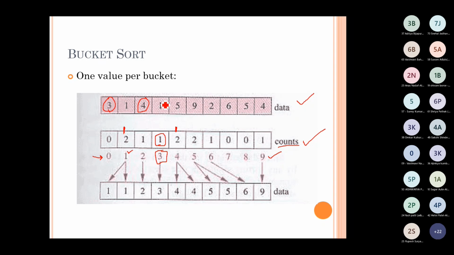Okay, then next element is read, that is 1. Its value is 1. That's why it has to be placed in bucket number 1. So पहले जो bucket number 1 की updated value 1 थी, that will now become as 2. So what is the count of bucket number 1? That means 1 के कितने occurrences है, 2. So that count is updated here.